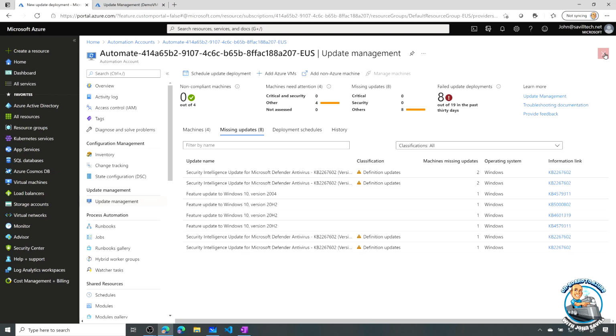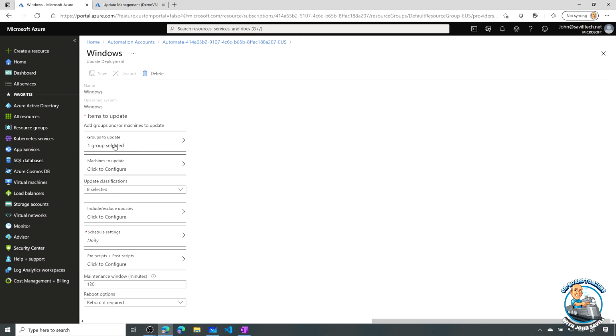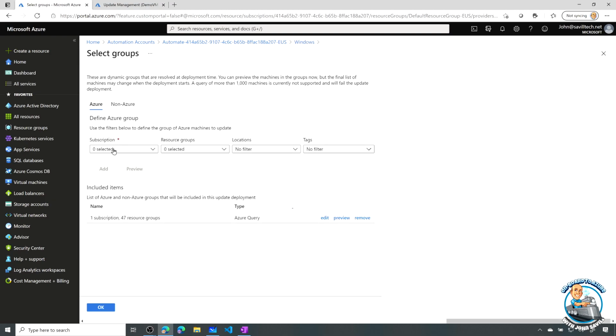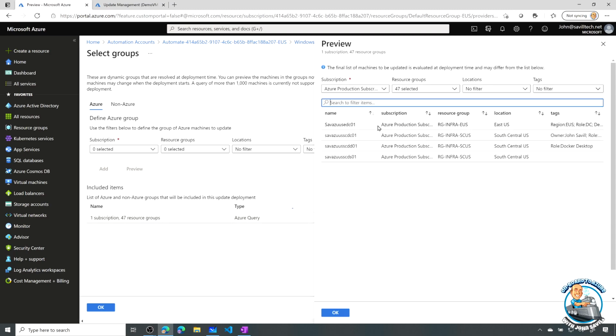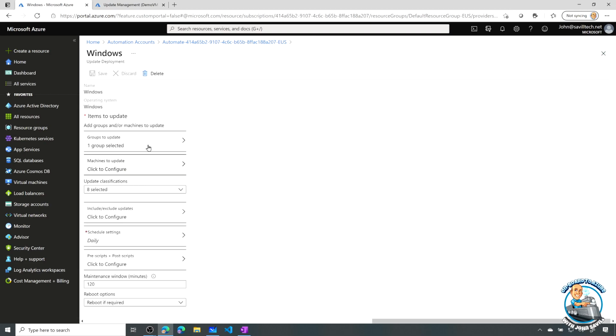So I go and create these schedules. Now, I already have them. If you go to the tab Deployment Schedules, I can see I have a Windows one, which again is just based on a group. It's anything I basically have. So it's that Azure query, and I can preview and see it would include all of those machines. And then I also have